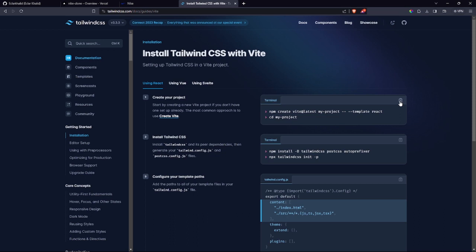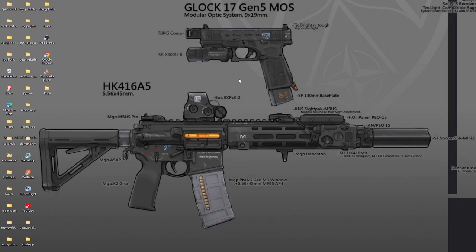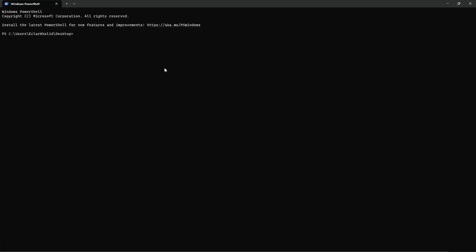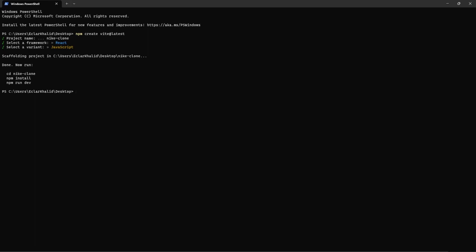So I'm going to copy this, or we can just copy this because we want to actually name our website something else. So you're going to open where you want to save your project. For me, I'm going to save it on my desktop, so I'm going to open it in my terminal, and then I'm going to come here and paste it like that. It's going to ask me to name my project. We are going to name it as, let's say, Nike clone, like that. And then we'll be using React. We're going to use JavaScript, and then you're going to cd into Nike clone,